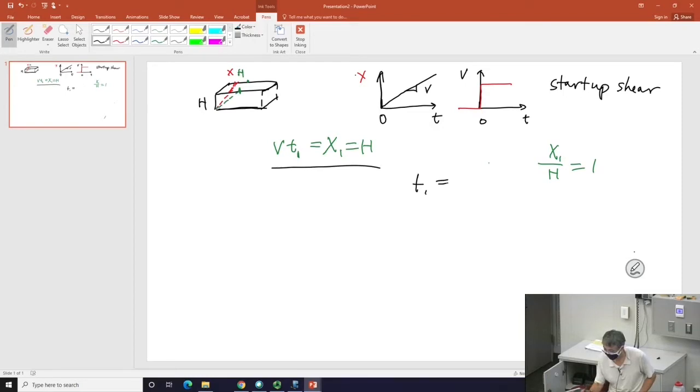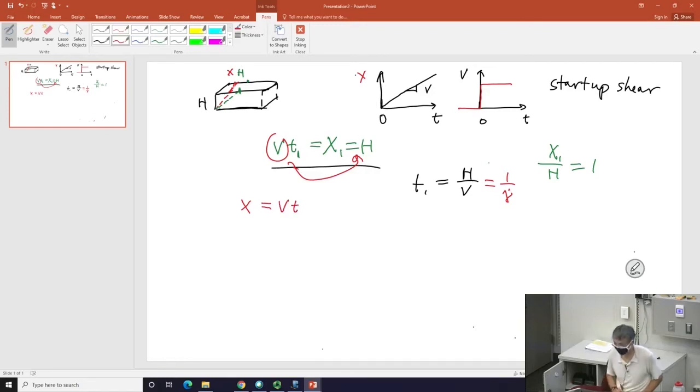That t1 is, of course, by definition, h over v. I just flip this to the side. And what is that? That, of course, is what we learned as the reciprocal shear rate, because shear rate was v over h. All this is pretty elementary because I can write it this way for you. x is v times t, and then if I divide by h,